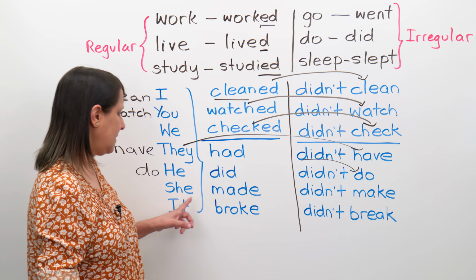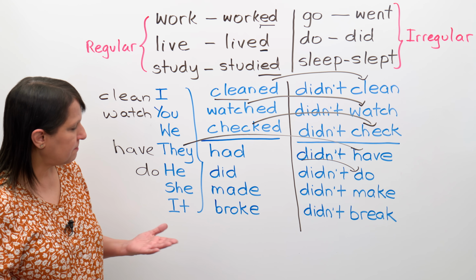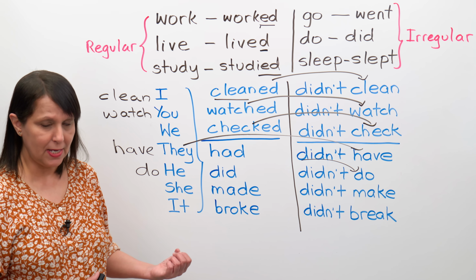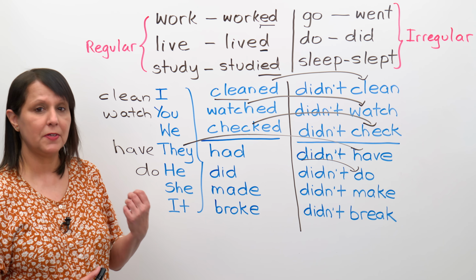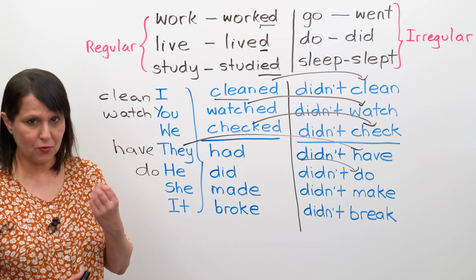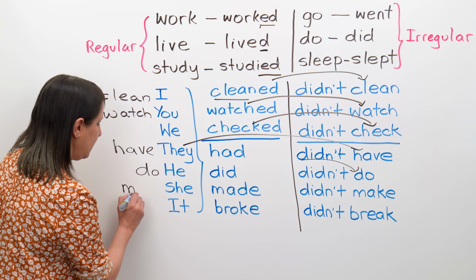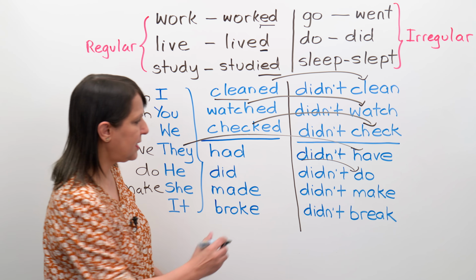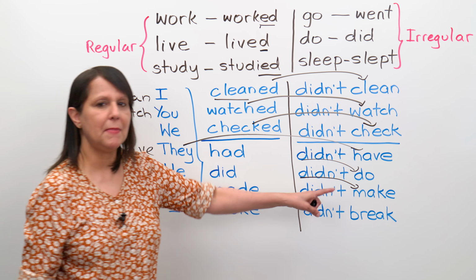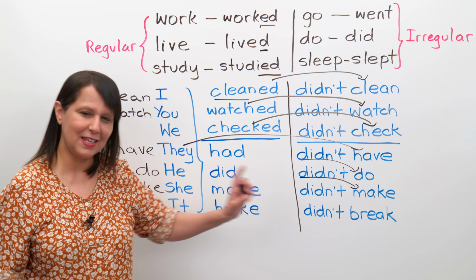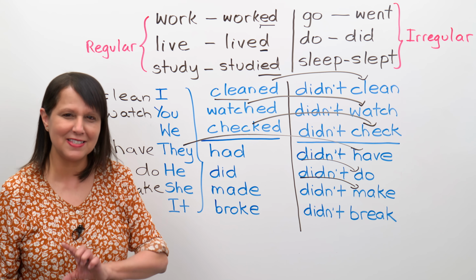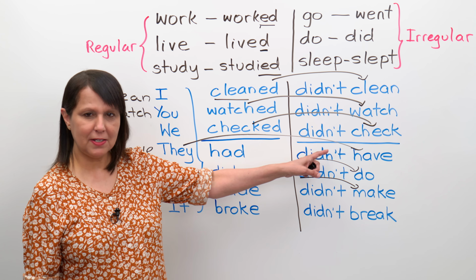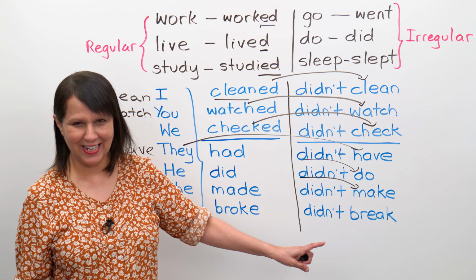Okay? Next, she made an appointment. All right? She made an appointment. Made is the past simple tense of which verb? What's the base form of the verb? It's make, right? So she made an appointment. The negative becomes she didn't make an appointment. We're coming back to that base form. That's the key. That's the secret. Once you know that secret and you apply it, it'll work for the regular verbs. It'll work for all your verbs, okay?